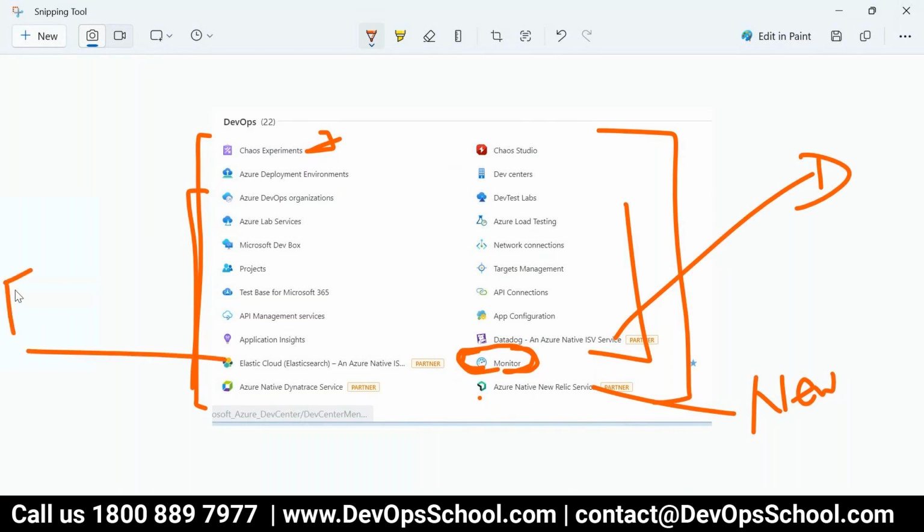Okay, so for this course you don't need to learn all these tools, but if you have high level knowledge, it will help you to get it done. So these are the integrations with third parties. A question: when it says partner, do you need a separate license, or is it like